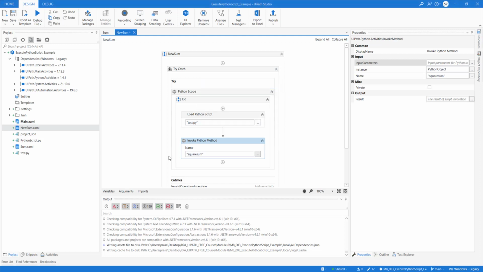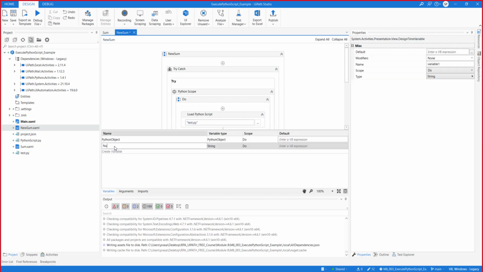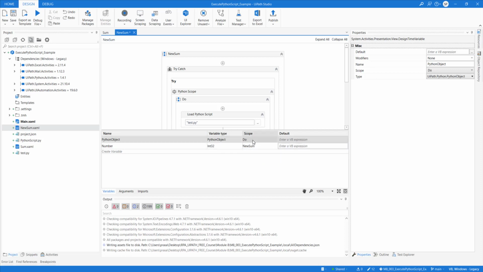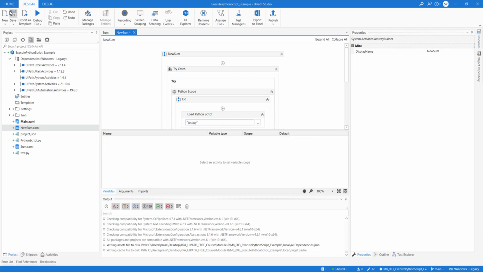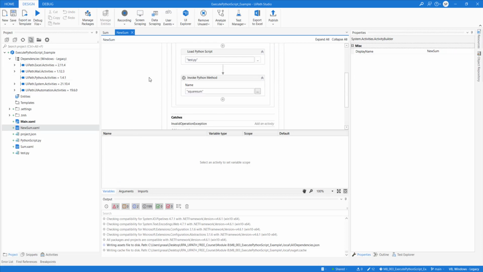In this case, what we need to do is create a variable first. Say for example, I want to send number as an input. The type of number is integer, and let me change this to the upper scope so that it can be accessed everywhere. So I have defined a variable called number. Now let's do one more thing.